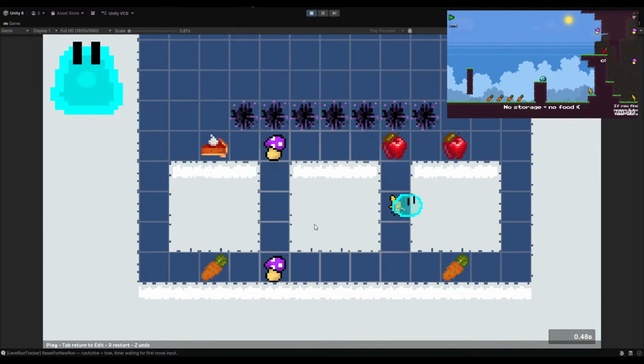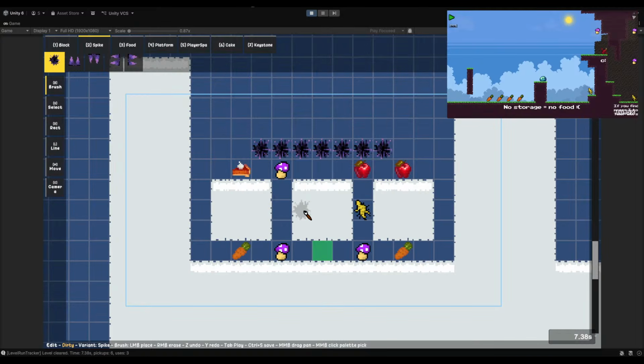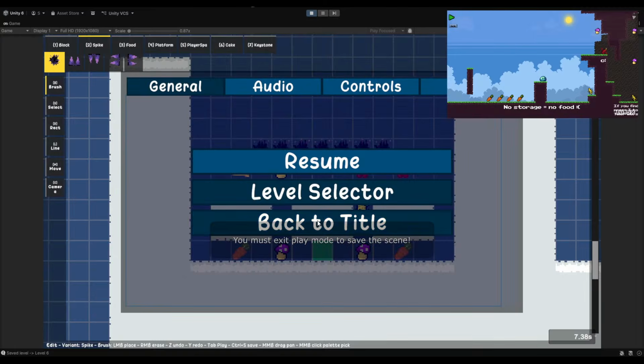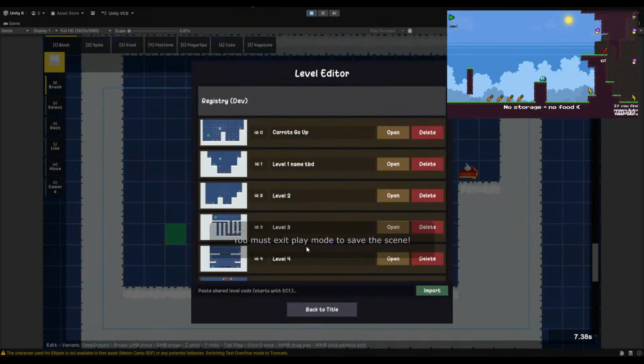Oh my god, I just did the... And yeah, if you want to do this, oh my god, why is it even faster now? See, there's two ways to beat the level over here. Yeah, you can't do that. And you use the food and it works anyways. Perfect. Let's save this. Let's move on to next. Not the title. Go back to the editor.